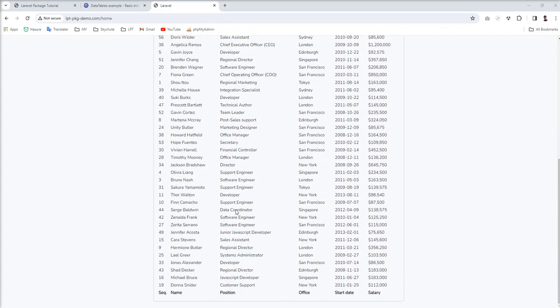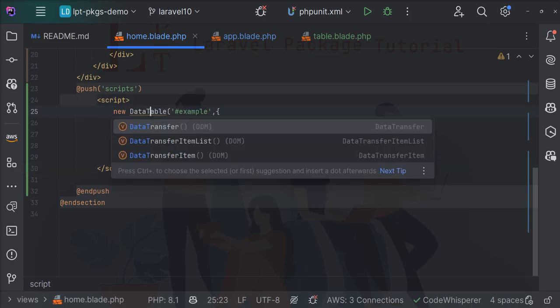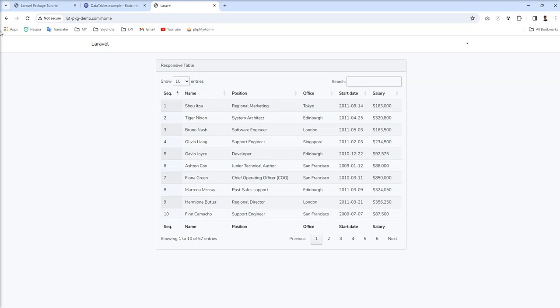Still something went wrong, and you can see here the spelling of this DataTable class is not proper. Now let's see, and you can see it's working and it's sorted properly,